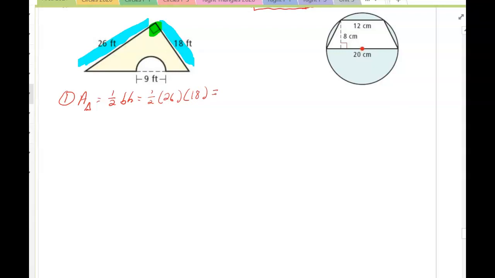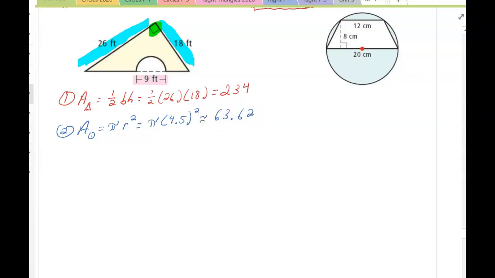So doing that on my calculator, I get 234. The second step is I need to find the area of a circle, which is pi r squared. That 9 here, I'm going to highlight this in pink, is the diameter of the circle. So if the diameter is 9, we should know that the radius is half of that. Half of 9 is 4.5. So pi times 4.5 squared. And when I do that on my calculator, I get approximately